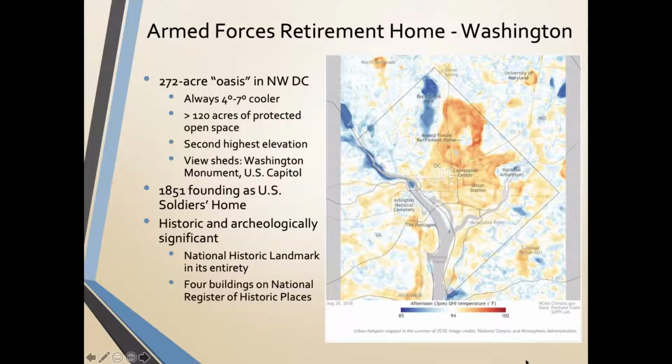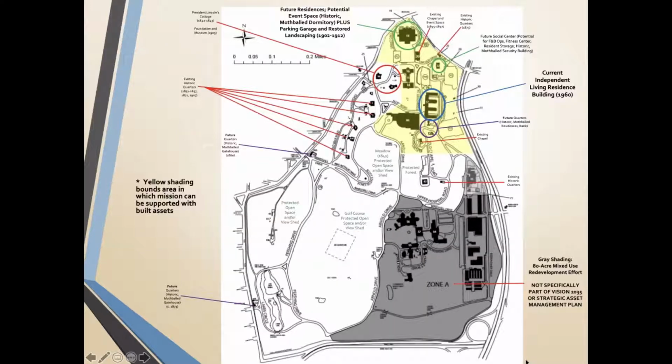And in full disclosure, I have to tell you that I'm a DoD executive, and my background is not architecture or engineering, but I was CIO for the Air Force Civil Engineer and the Enterprise Architect for the Office of Secretary of Defense for Installations and Environment, and now I'm in the Chief Management Officer's office. The fact that we do report to the Secretary of Defense does make some sense, given that the AFRH was created by merging the Army's U.S. Soldiers and Airmen's Home and the Navy's home in Gulfport, Mississippi in 1991. As you can imagine, DoD does compound our decision-making processes. But for this pilot project, we're focusing on our Washington, D.C. campus, which sits on 272 acres in Northwest D.C.